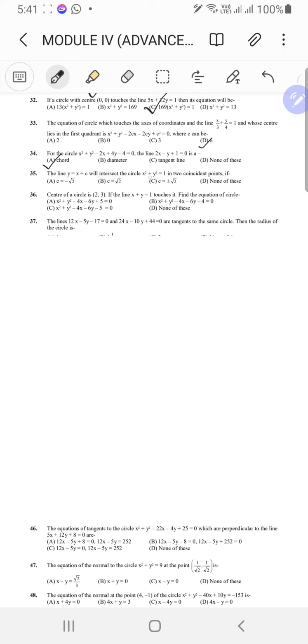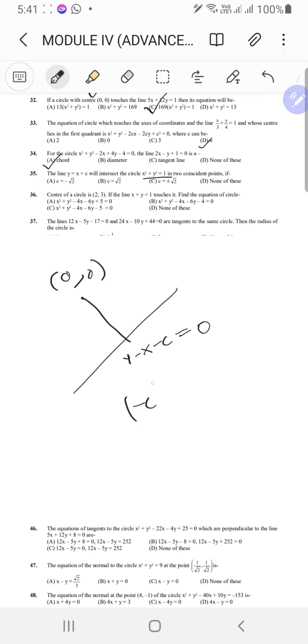So over here the radius is 1 and the center is 0 comma 0, and then you got this line y minus x minus c equal to 0. Yeah, and this perpendicular distance, this is when you put 0 comma 0 in this, like minus c, the mod of that, upon square root of 1 square plus 1 square, right? So that's going to be mod c upon square root 2,